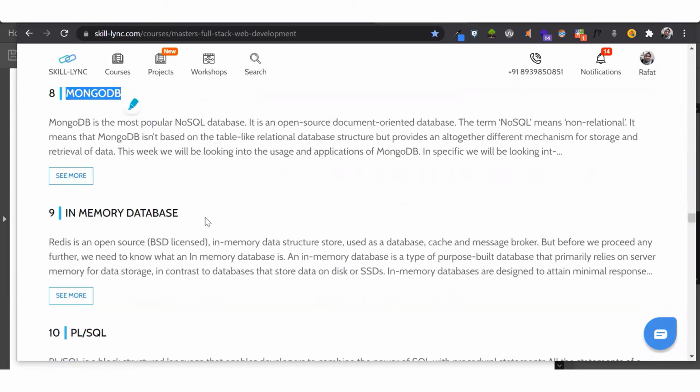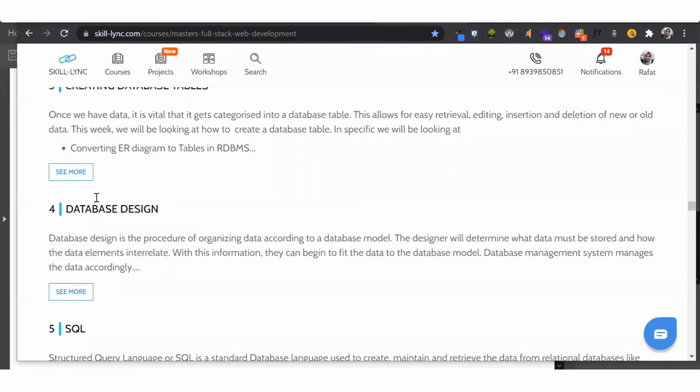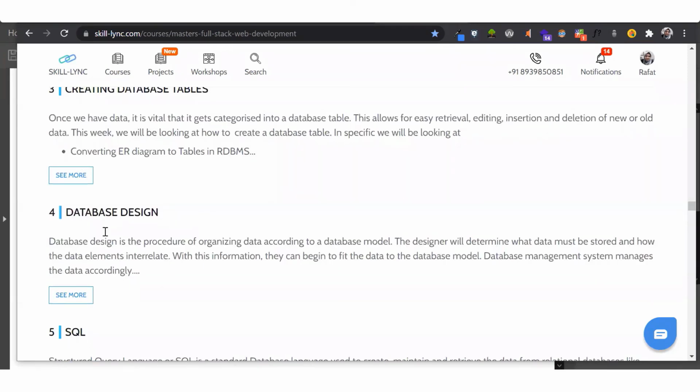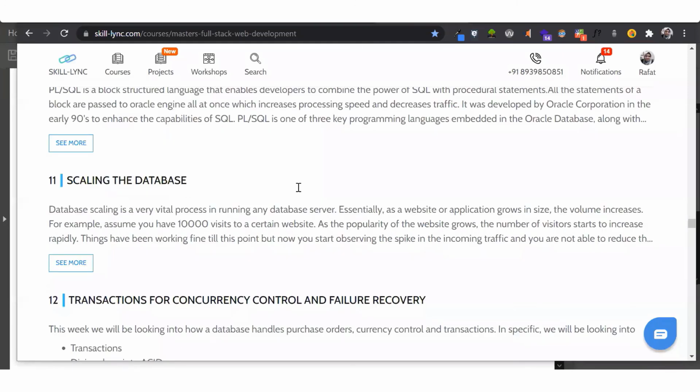In this, you will understand everything about databases from the basics to the advanced, procedural language, how you would scale the database, for example, Facebook. So all of these websites, they have so many millions and billions of users. How have they scaled their database to cater to so many users? Now, so many users are using them at the same time. So how is this concurrency control happening?